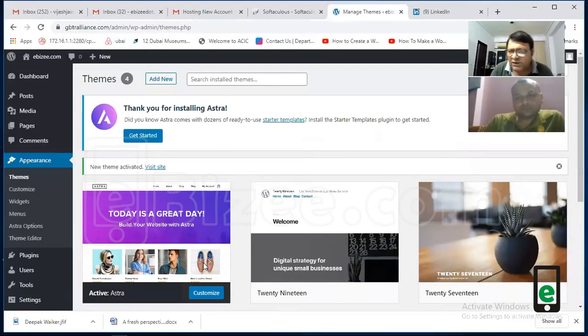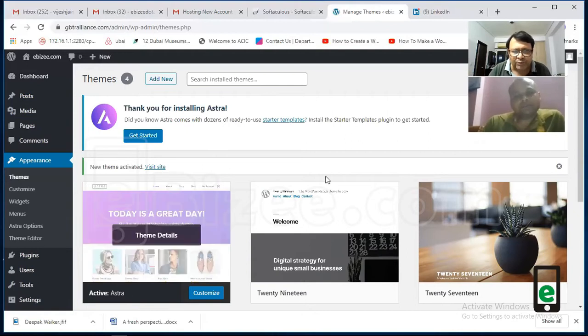So what is the meaning of this? The meaning is that now there is a basic structure of your house. It is just the pillars only. It is not actually a house, it is just a pillar. Now you have to build a proper house using those pillars. After activating Astra, we have the pillars of the house, but the walls, doors, everything has to be put in as per our interest.